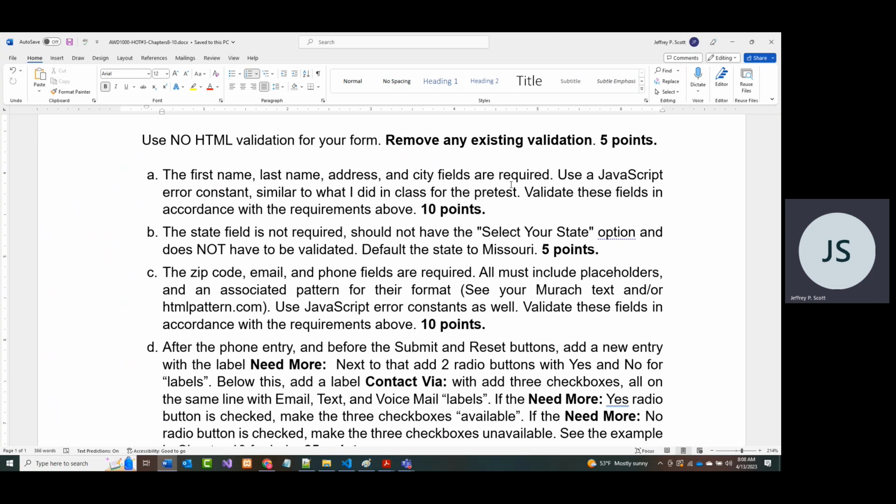I'm saying this again. All validation is to be done using jQuery. So there's to be no HTML validation for your form. Remove any existing HTML validation. First name, last name, address, and city fields are required. All right, if you leave them off, use some kind of an error constant, similar to what I did in the pretest. And again, validate these fields